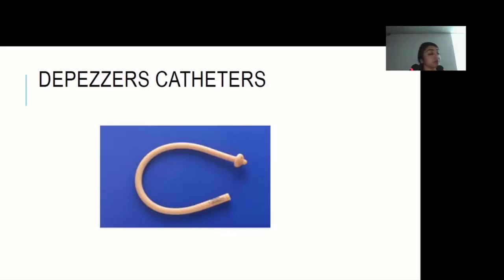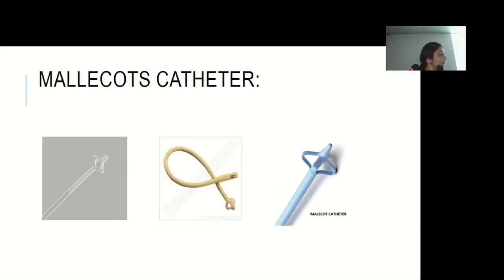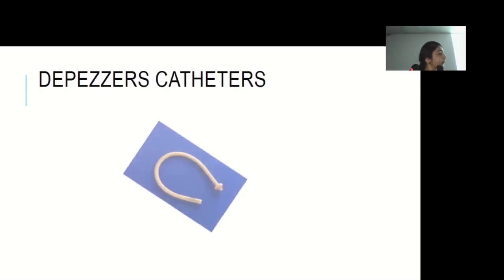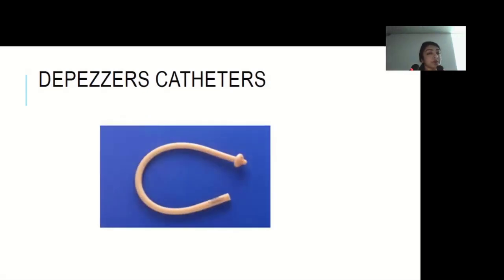Actually, these Malecot and Pezzer catheters are placed when there is thick pus, because they have a larger diameter for drainage as compared to others. Even in percutaneous nephrostomy, this Nelaton catheter can be placed when you are expecting thick pus in the perinephric space or somewhere, with sepsis or something. Again, the Pezzer catheter, we have been discussing earlier. It has a mushroom-like end, and this acts as a retaining mechanism for this catheter.